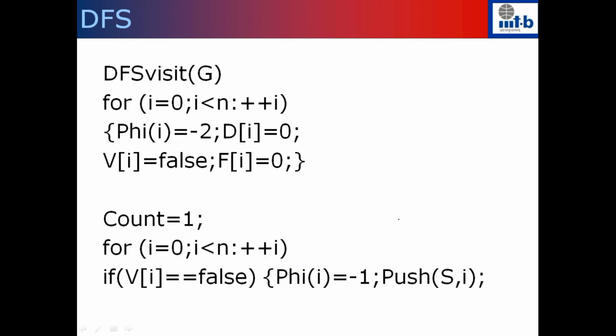So initializing iterative DFS is similar to the recursive one. So we have this pi function, then we have d, f, and the flag b to be initialized, and we will also use the count. So we will assume that d, f, and c are global variables. See, as before, we check the first vertex. If the flag is still false, then set pi of I to be -1 and push this I into the